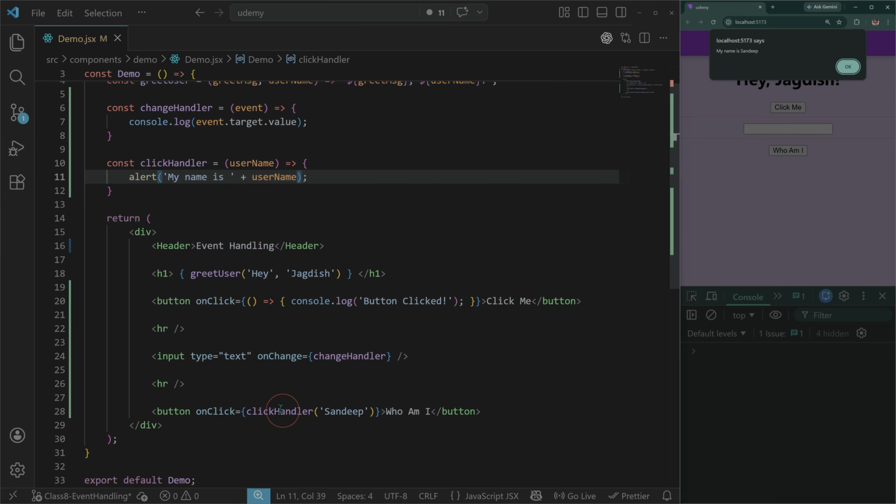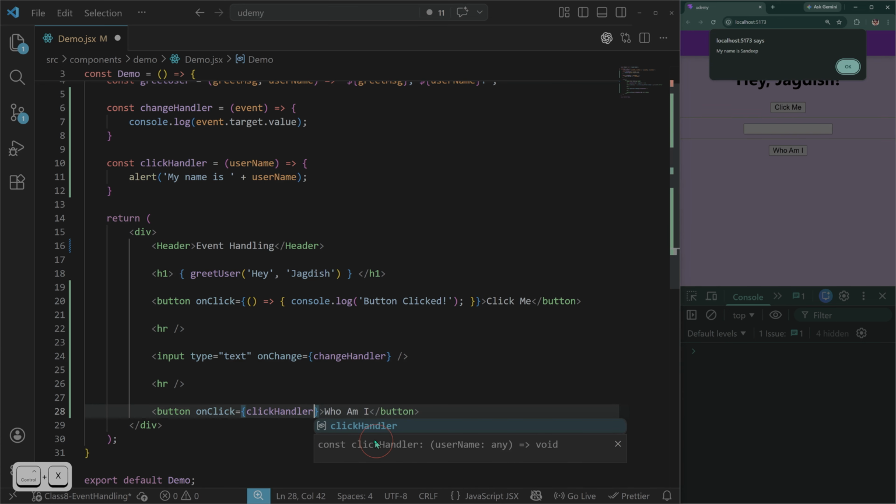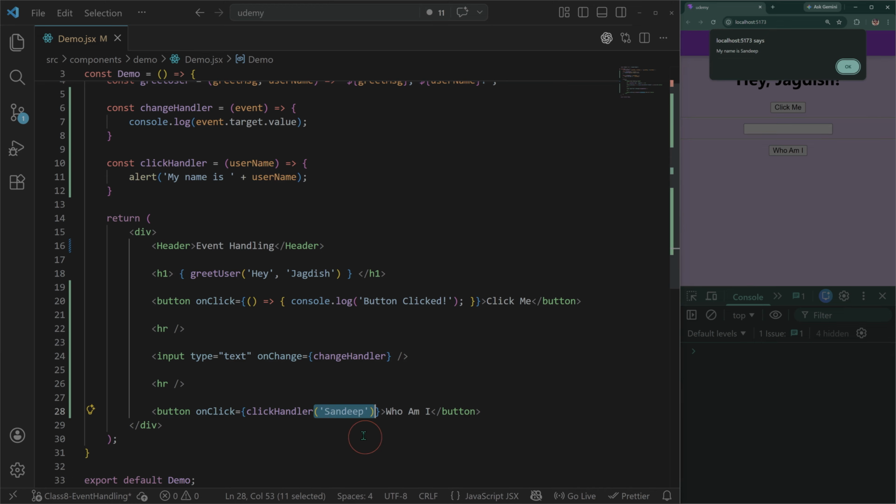This is happening because, as we already discussed, when we are using the opening and closing parenthesis, even with the argument, this is considered as a function call, and we are not assigning the reference of this, which is expected. That means if we remove this parameter, then this is considered as assigning the reference. But in this case, how will I be able to assign or pass the parameter? That's the question. Now, as a workaround, what we can do here is enclose this statement in the enclosing